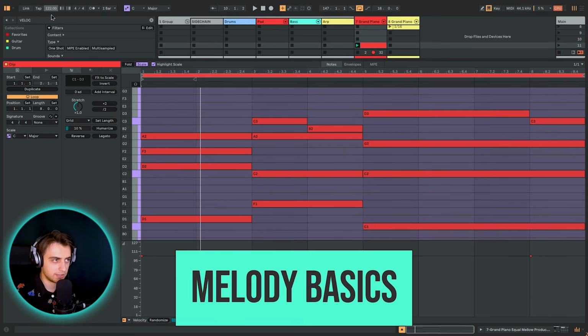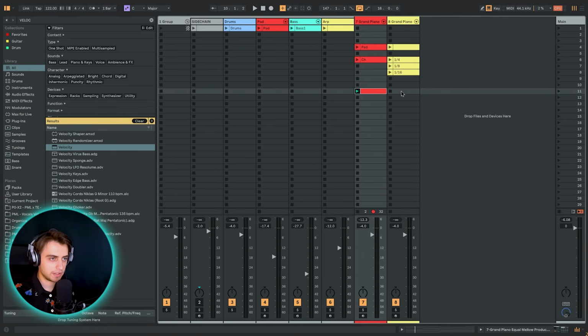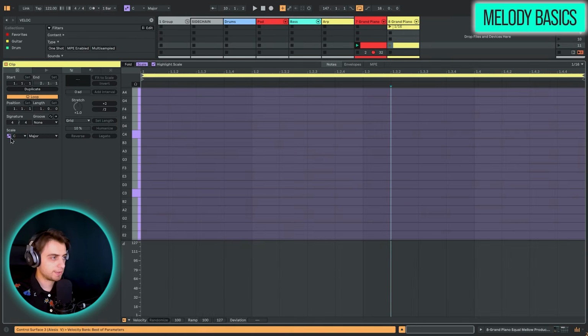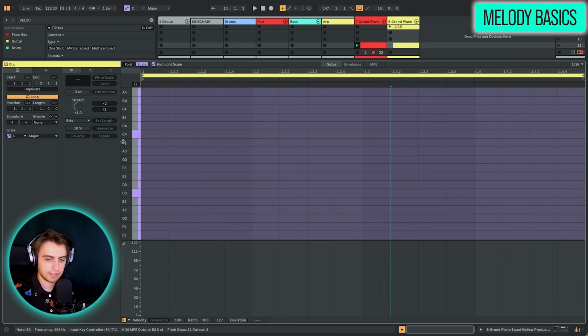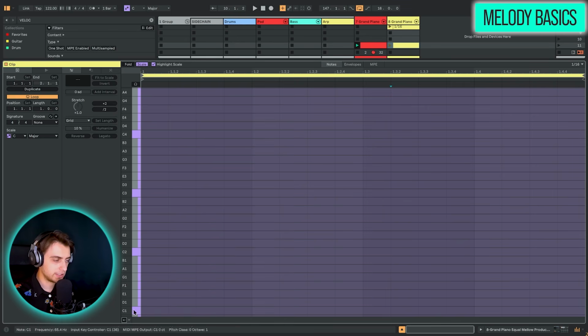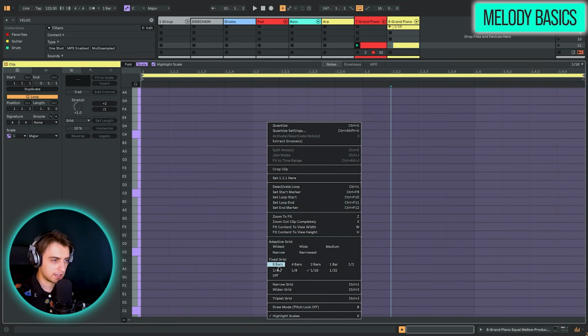Okay, so let's go back to the default tempo, and I'm going to close this and let's write the melody. I'm just going to double click an empty slot. So we still have the C major scale selected, that's perfect. We can fold the velocities. We can right click and set the grid